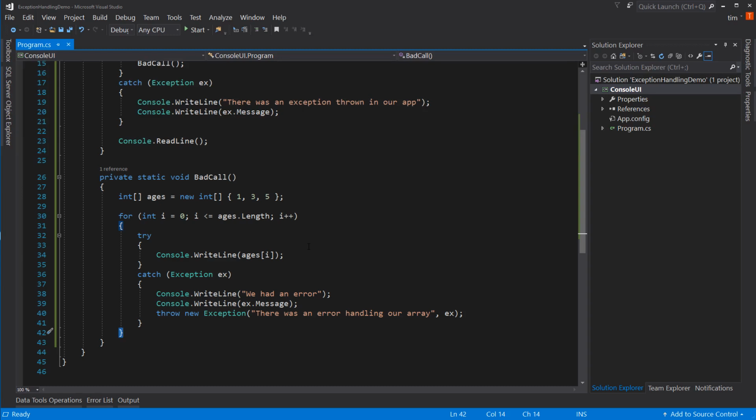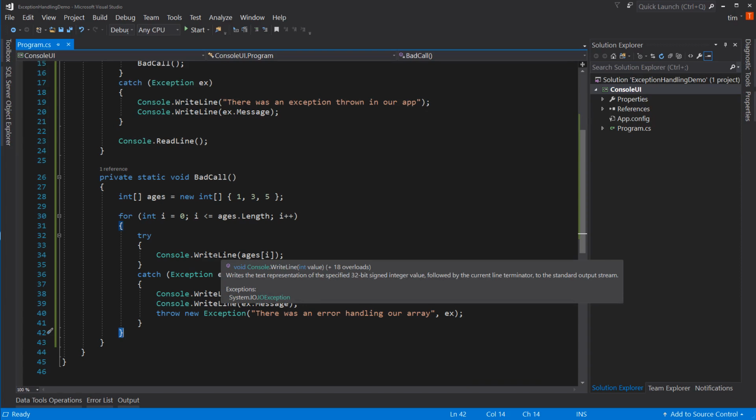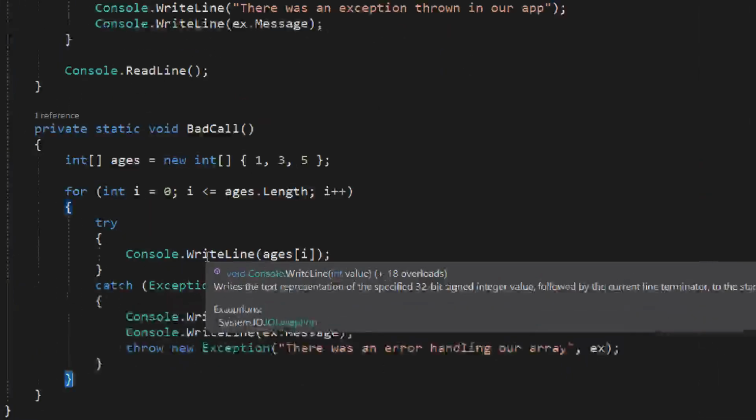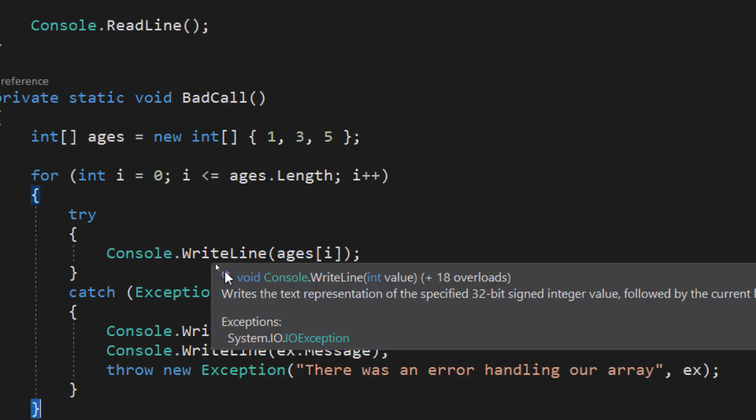So you want to laser focus in on where there could be an exception and just wrap that in a try catch. Okay? So now notice if you mouse over console write line, it has this message that says exceptions